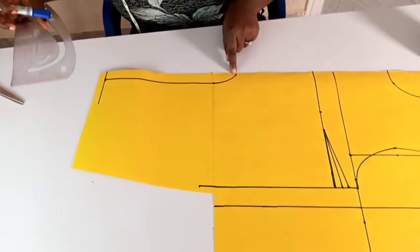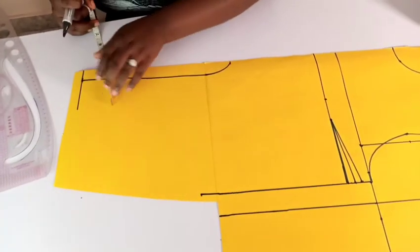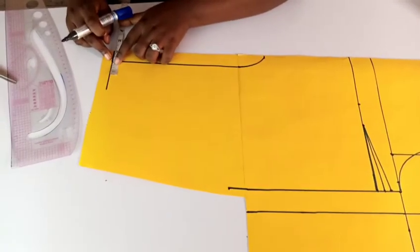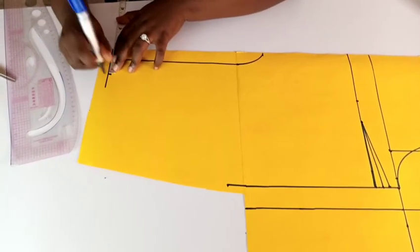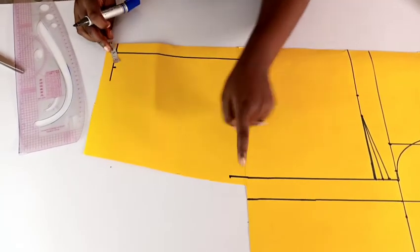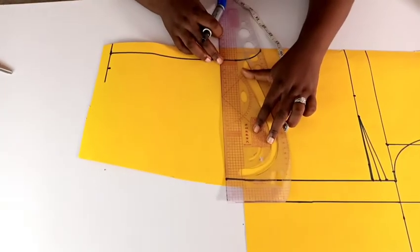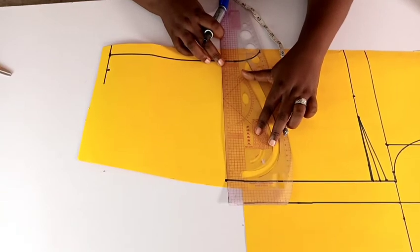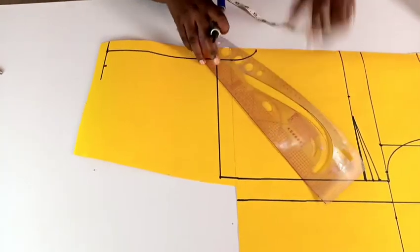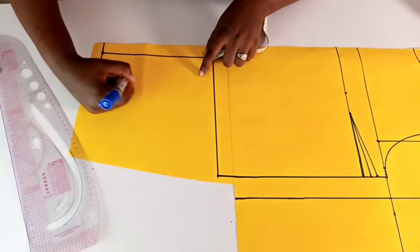Now I'll be cutting out this detail, so I'm going to be marking this side, this point here. I'll be marking 1 inch here on this side, but as I progress it's going to be wider than 1 inch. Now this is where our hem is on this top, so I'm just going to rule a line on that point just to guide me on what I'm doing, not that it's that necessary. Now the next thing I'm going to do is to make a curve that comes to meet this